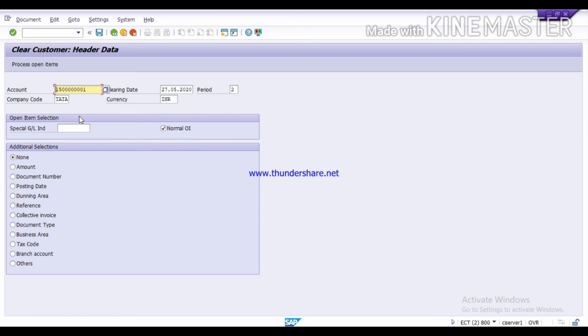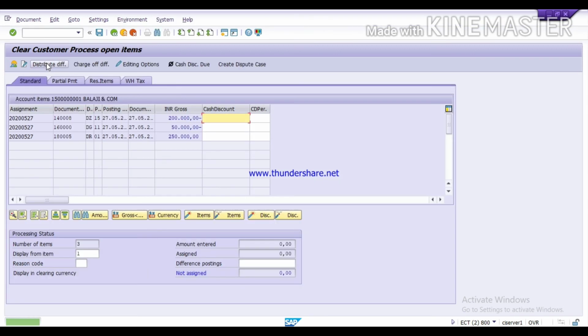When it is a special GL item, if it is from the advance entry, we have to select it. Otherwise we only take normal open item, then click on process open item.